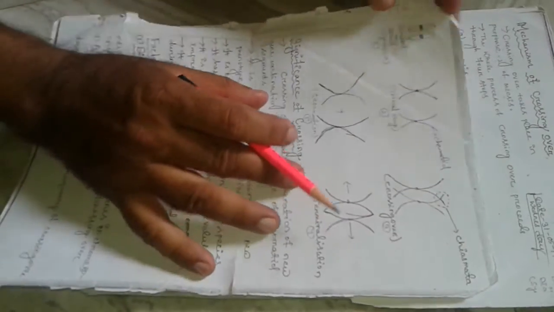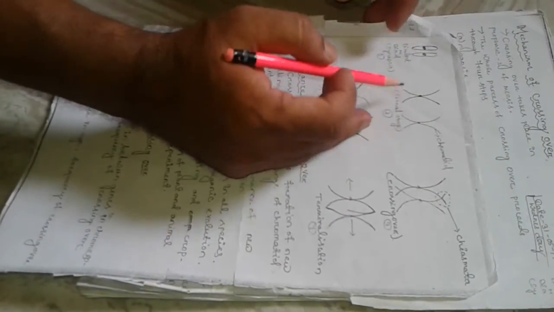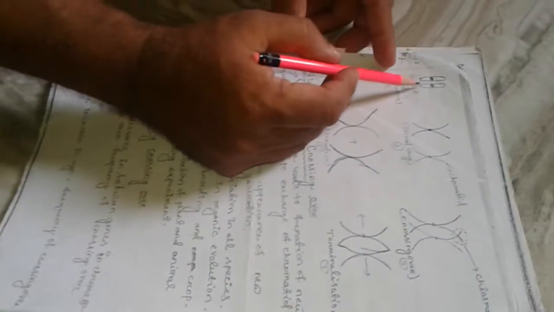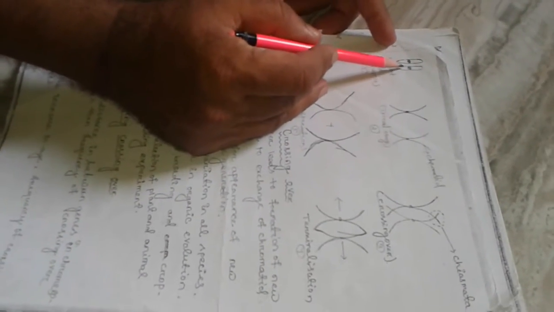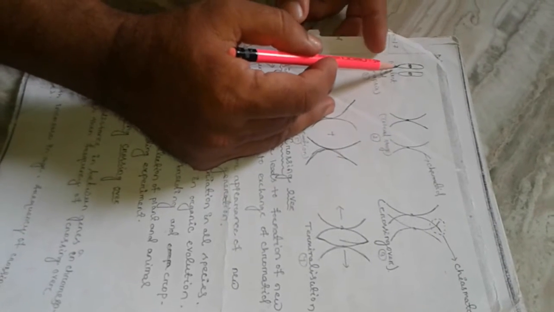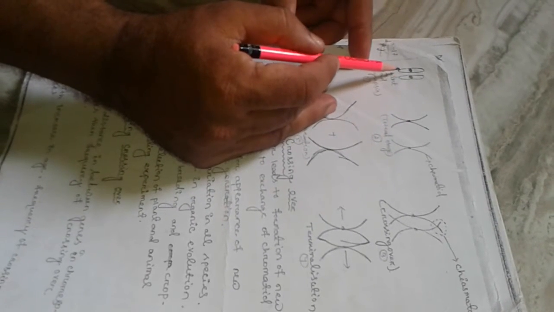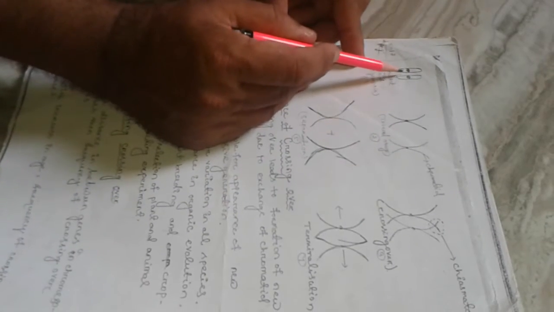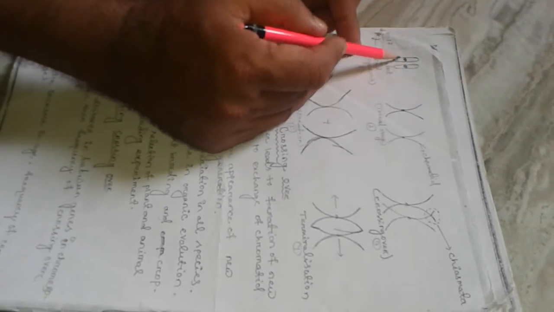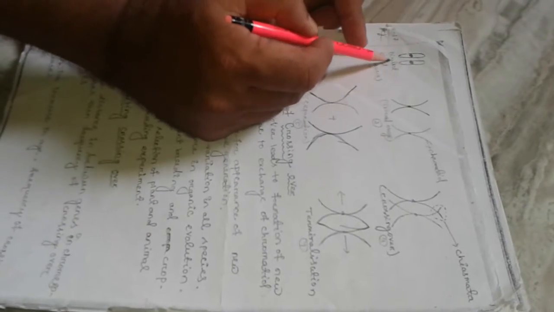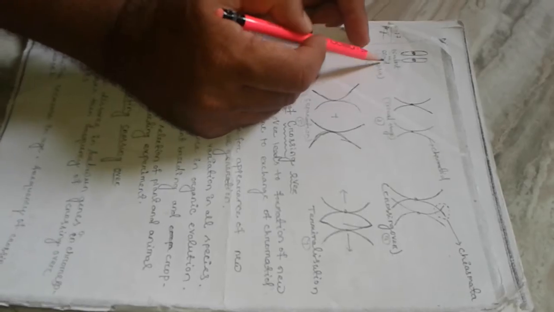So this is the diagrammatic representation of crossing over. Synapsis, what happens? Now come to this diagram. Synapsis means two homologous chromosomes come side by side. It occurs in the zygotene stage of prophase 1. Here two chromosomes are homologous. They come side to side. That is called synapsis, and the chromosome pair is called bivalent or dyad. Now this is the synaptic phase.